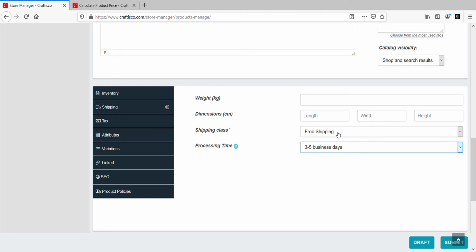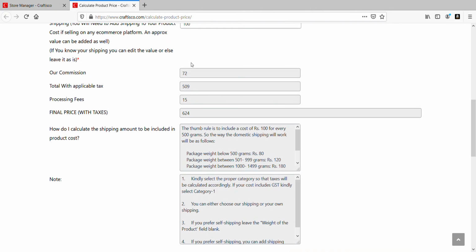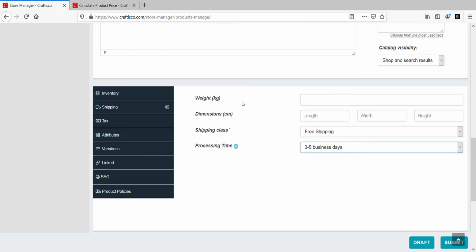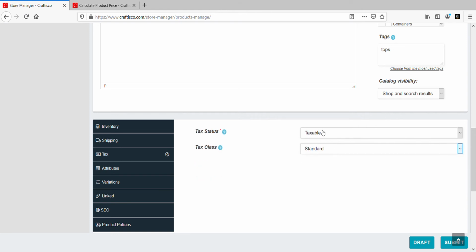So what you can do is you calculate the price from this calculator, and this actually incorporates all the taxes and all the commissions and all the shipping charges, and then you put one single figure, right? The same goes with the tax. Since you have already calculated the tax from the calculator, you are going to put it as none.